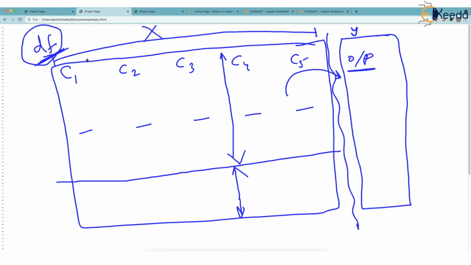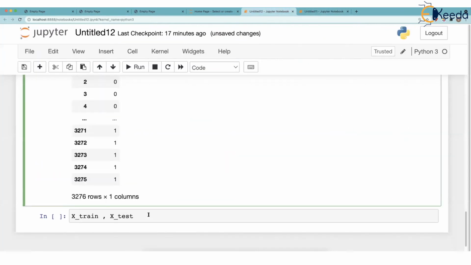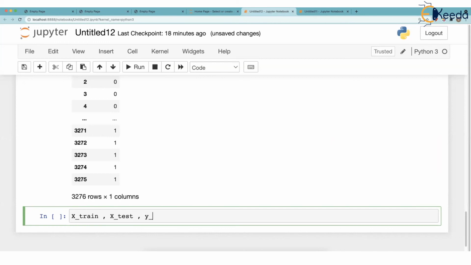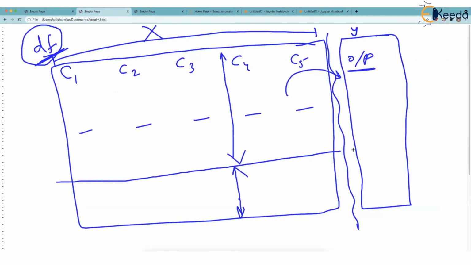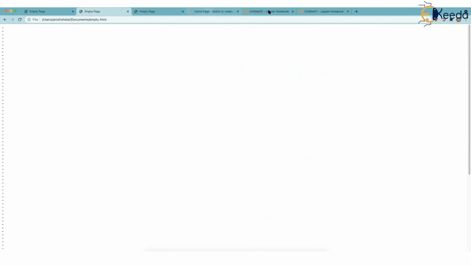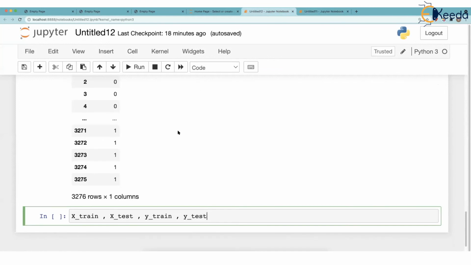Please try to understand. So you will often see such words with capital X: X train, X test, then y train, y test. What we are going to do with y is also the same. We are going to break this y in such a way that some of the rows will be in y train, a new data frame, and another data frame which will contain y test. Not now, obviously, but this is the most important thing that any programmer would first do with the data frame given.